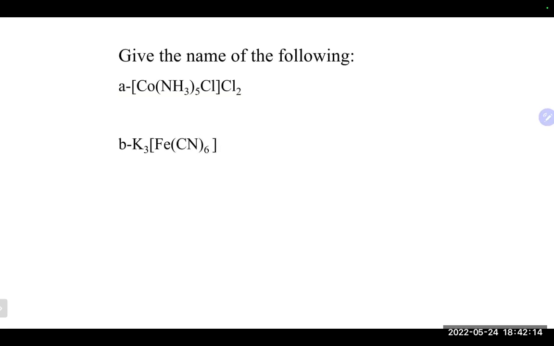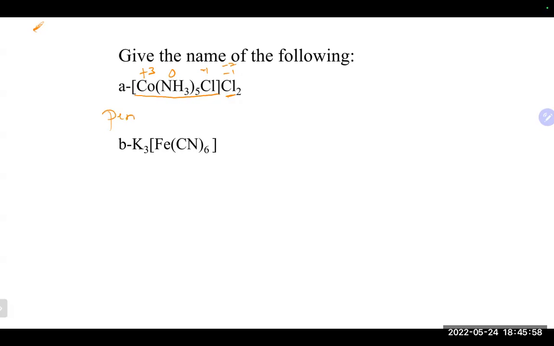All right, so for both of these, let's do the name. Once again, look at this complex ion part there, and the counter ion there. So once again, it's positive. Ammonia is 0. Chloride is -1 and -1 on the outside, and there's 2 of them, which gives us a -2. So that does give us a cobalt that is +3. By the way, it just happens they're all +3s here. They're not always going to be +3. It just so happens. That is what we're looking at here. We are going to go with